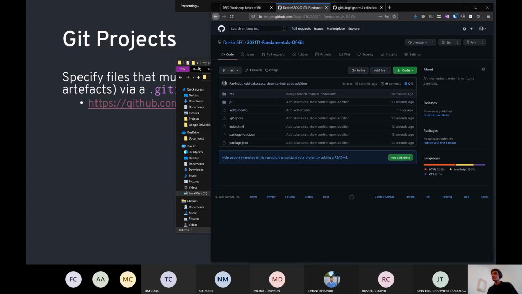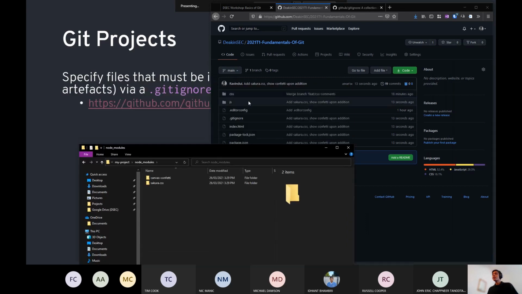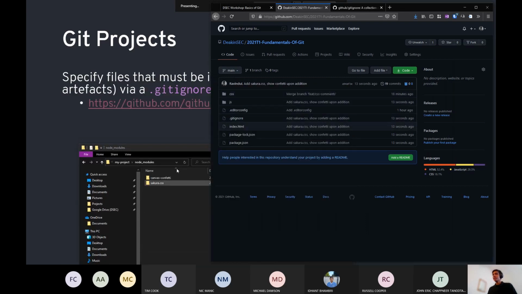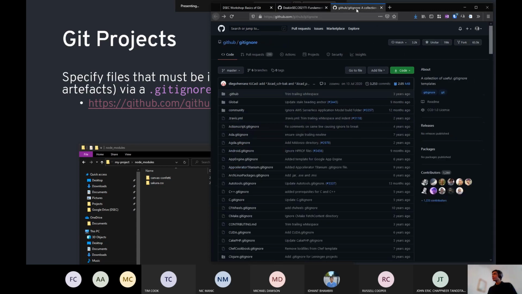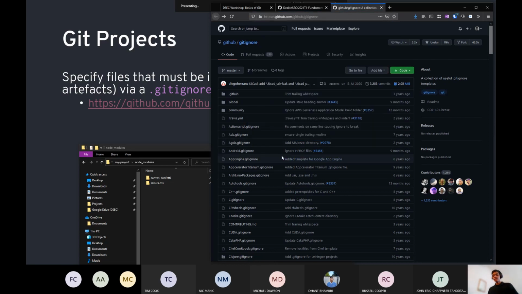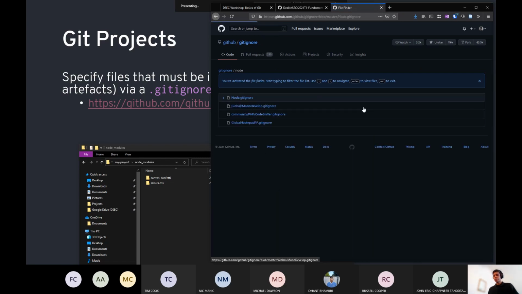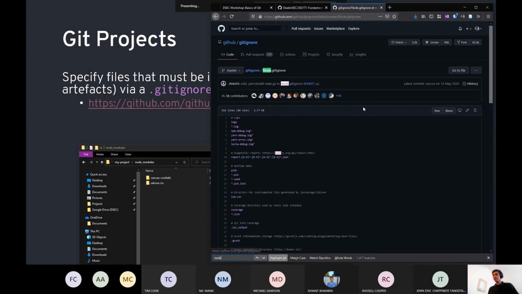And you'll notice that the node modules folder, despite being in the actual project folder, isn't online because we added it to the gitignore file. There's a pretty cool repo on GitHub called github.com/gitignore, or github/gitignore. It has a bunch of common gitignore files that you might want to use. In my case, I'd use the Node.js file, because that's what includes the node modules folder.